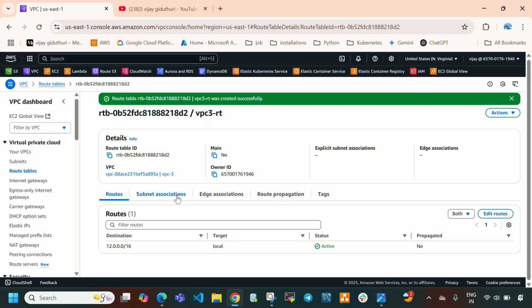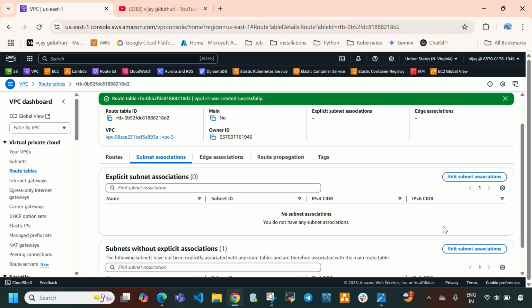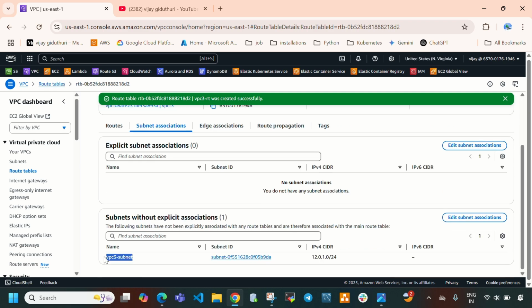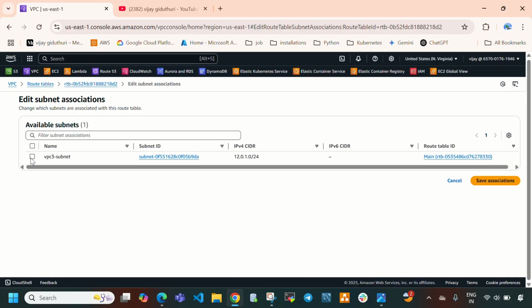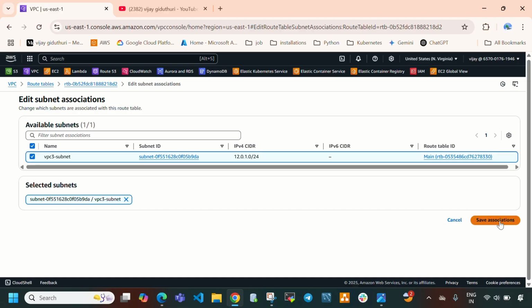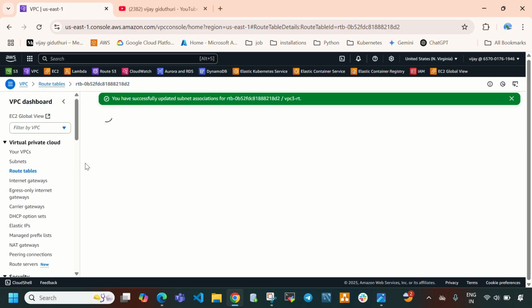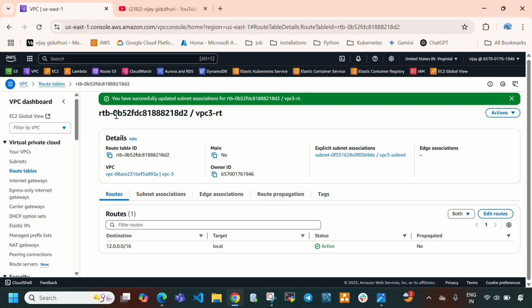Now we need to associate our subnet with this route table. So select subnet associations, then edit subnet associations. Select this VPC3 subnet and select save associations. So now this subnet will be associated with this route table.